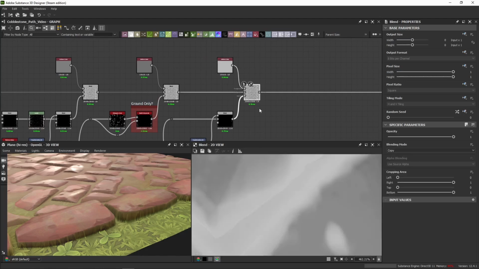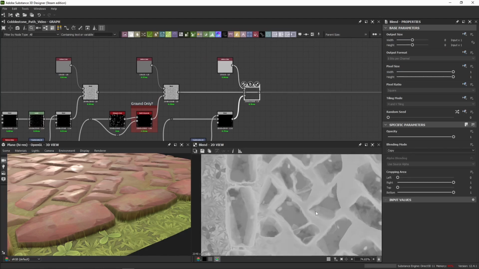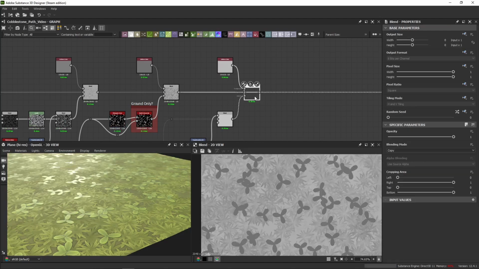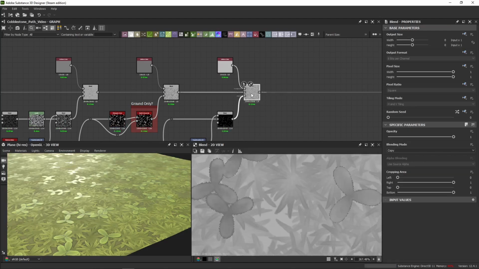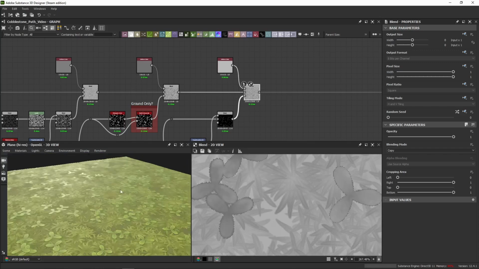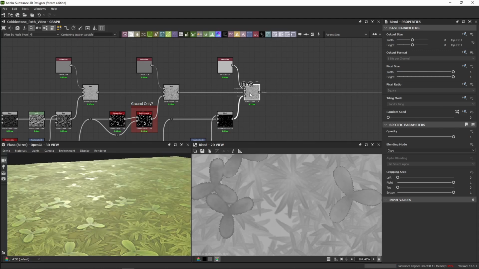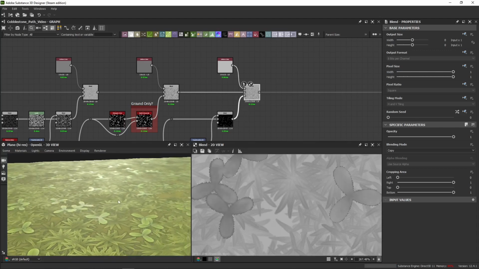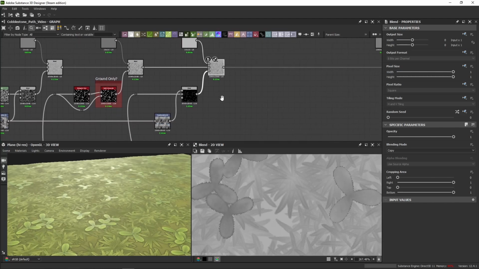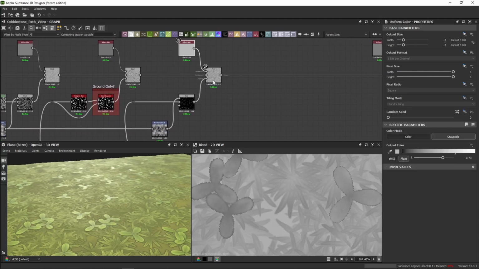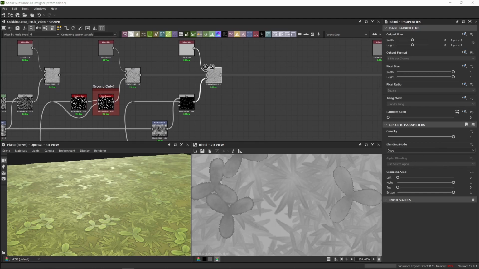It's very subtle in here, but let me go back to ground only. You can see it more here in this version. So if we look at it from an angle, you can see here they're all kind of the same. And down here they're all varying roughness values. So that's 0.73 is just copy in one, and then for the last step,